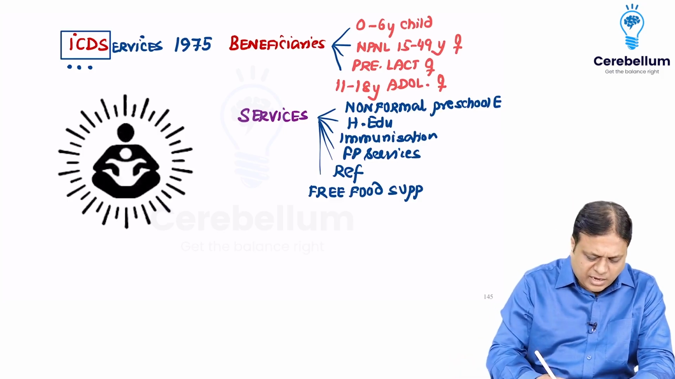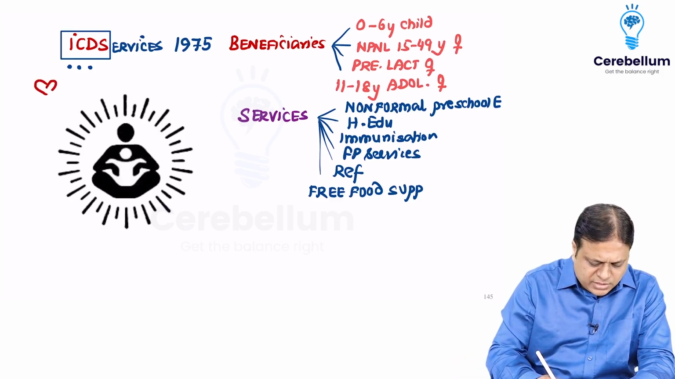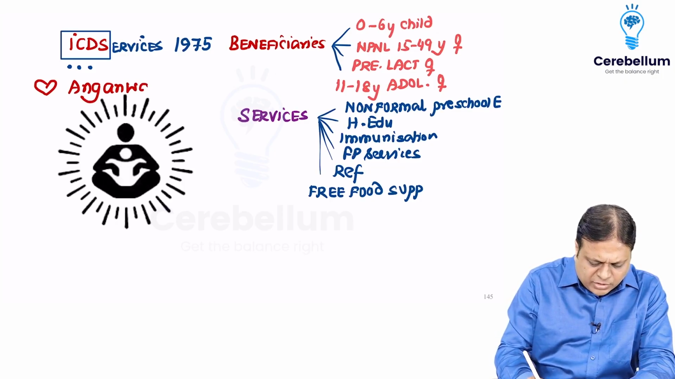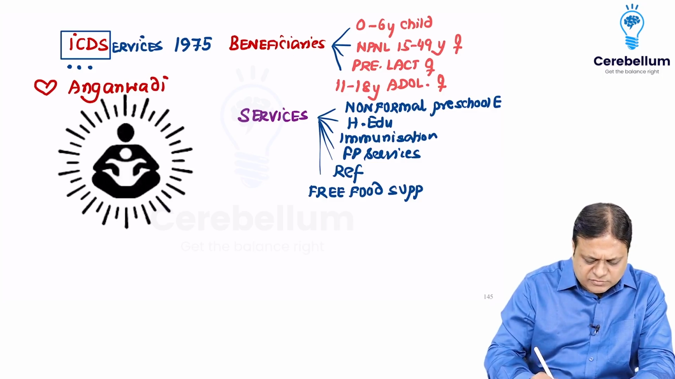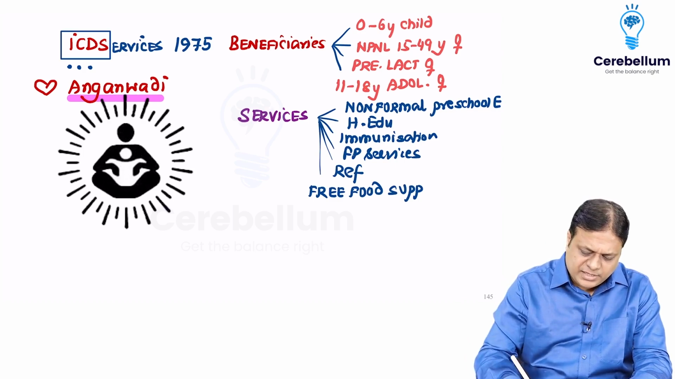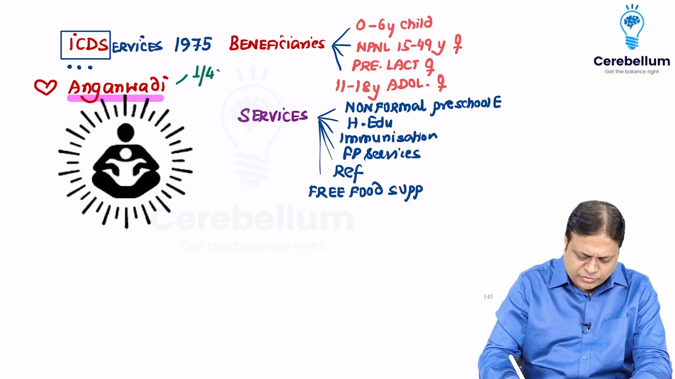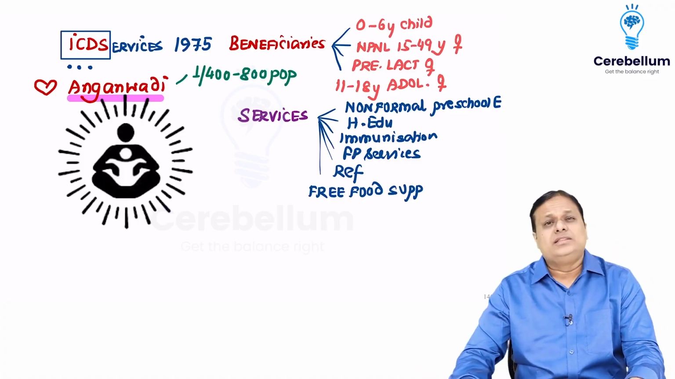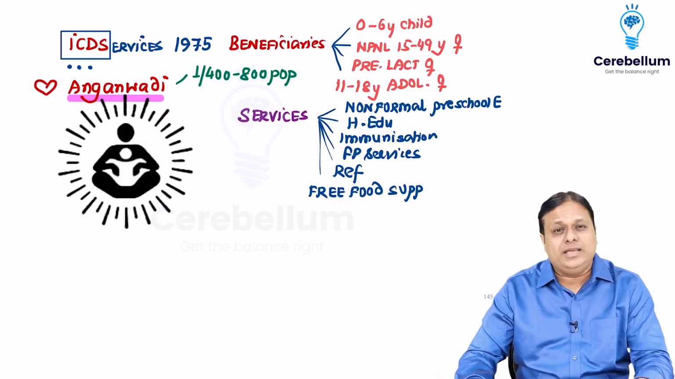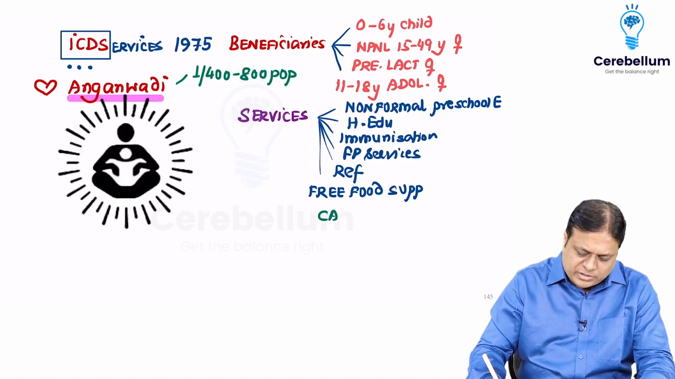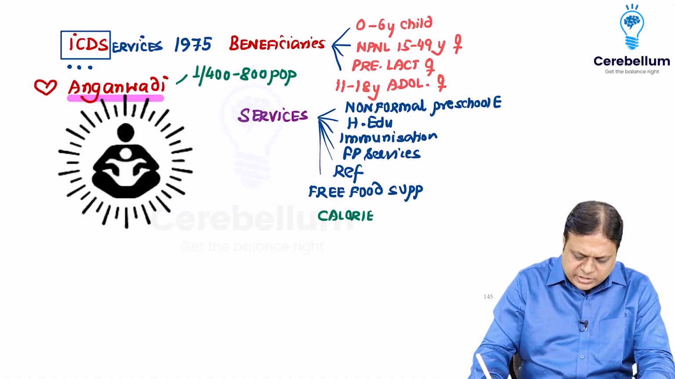What is the heart of ICDS? Heart of ICDS is Anganwadi, where all these services would be delivered. Now, one Anganwadi in India is for a population of 400 to 800 in plains, 300 to 800 in the hilly areas. When we look at free food supplementation, all these beneficiaries get calories and proteins